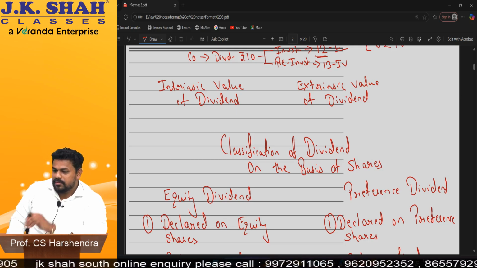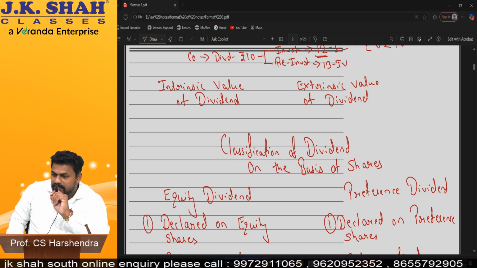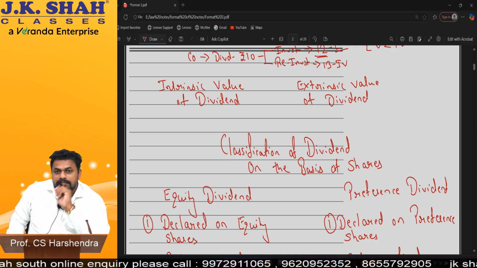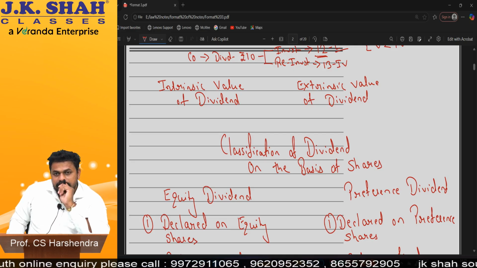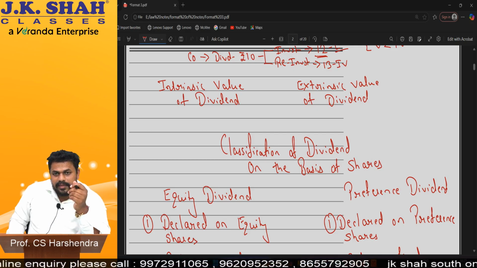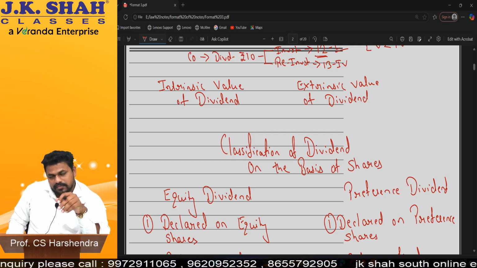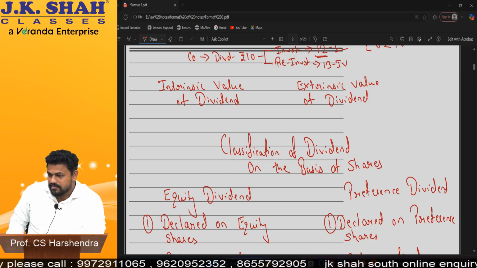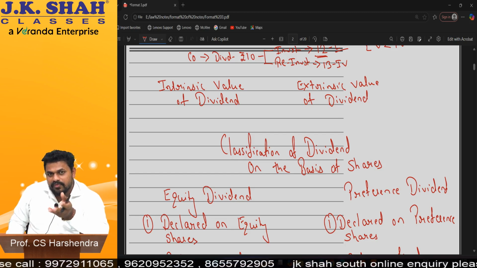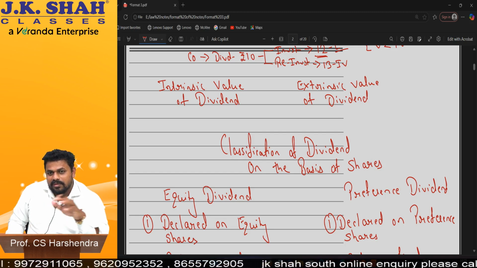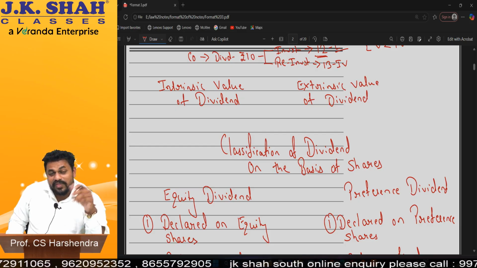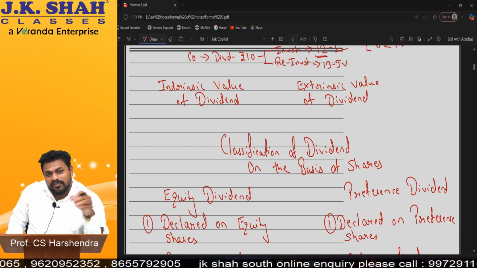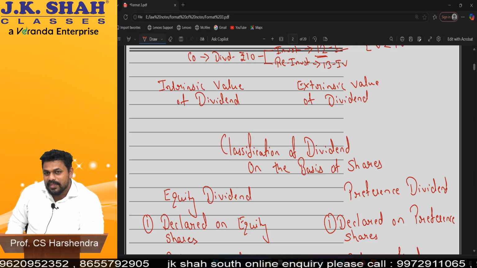Anyone has doubt? Anyone has any doubt? Anytime they can give, yes, it is on them. Some companies prefer giving before AGM. Some companies prefer giving after AGM, because if they have to give before AGM, they prefer giving in final dividend only, like that.